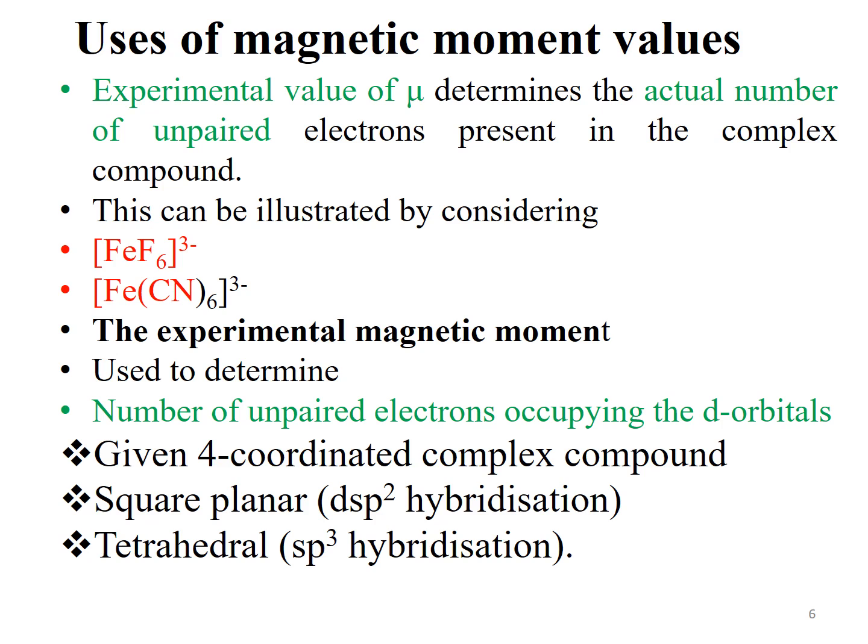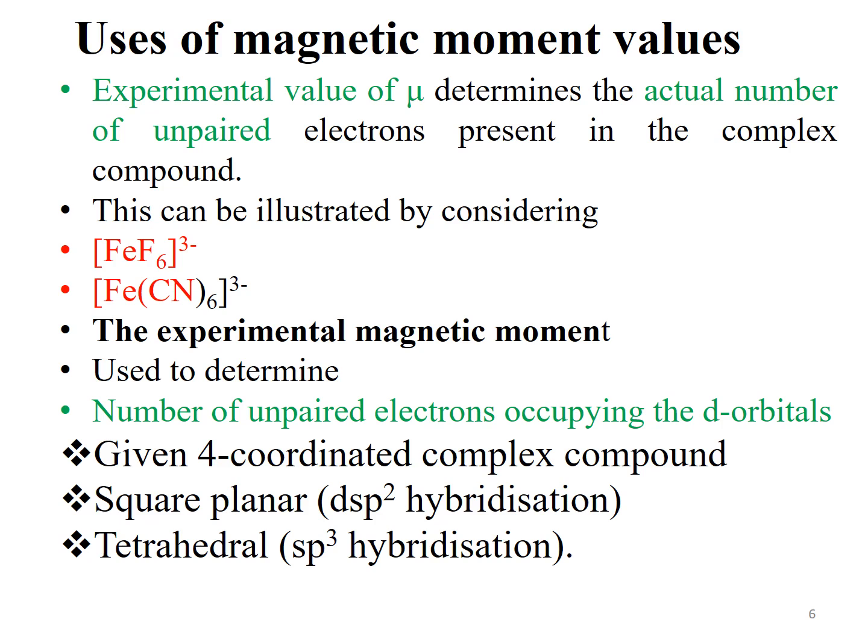What are the applications? The experimental magnetic moment value of a given complex compound can be used to determine the number of unpaired electrons occupying the d orbital of the central metal ion in a given complex compound. The number of unpaired electrons determined in this way can be used to predict whether a